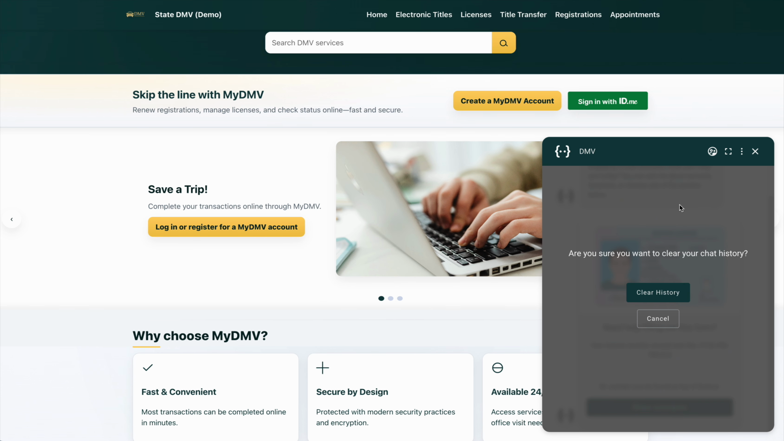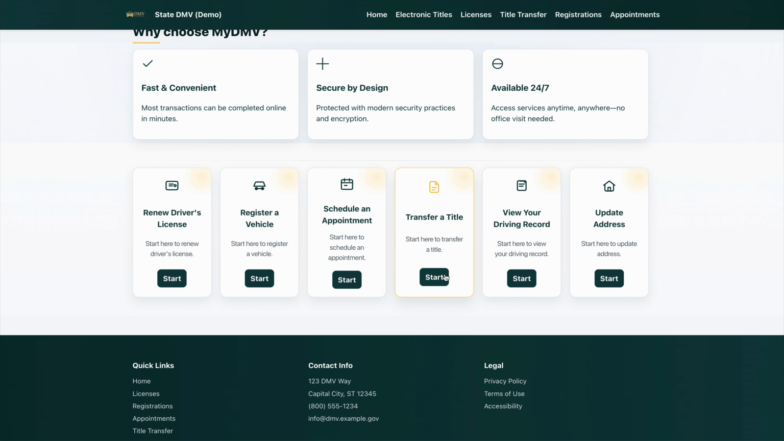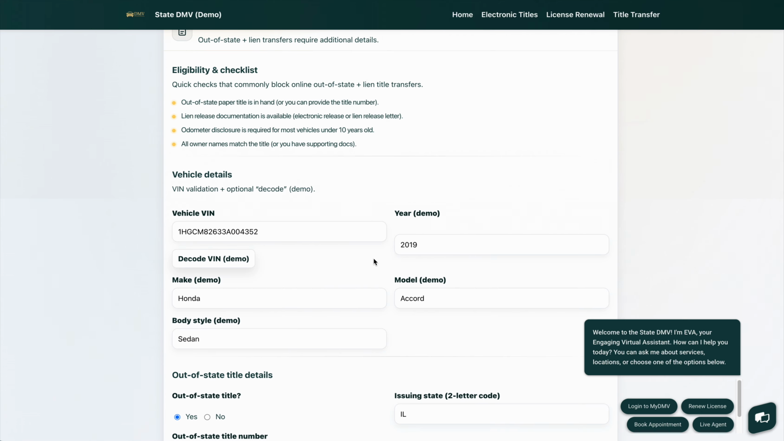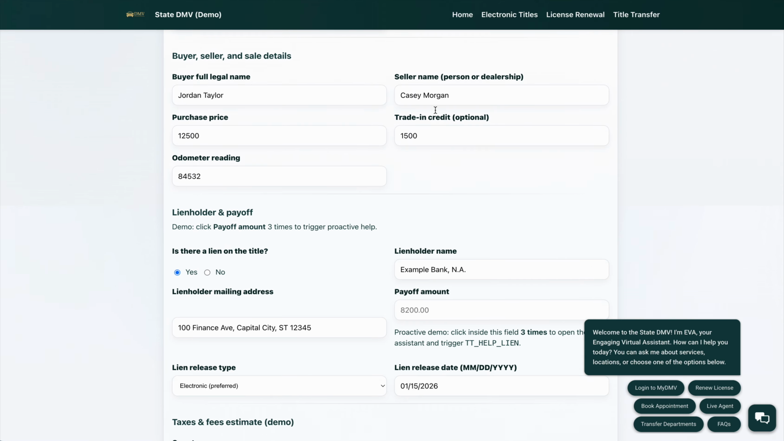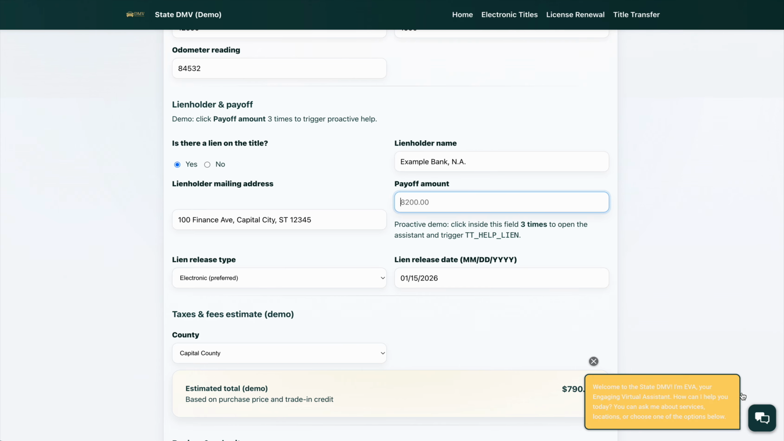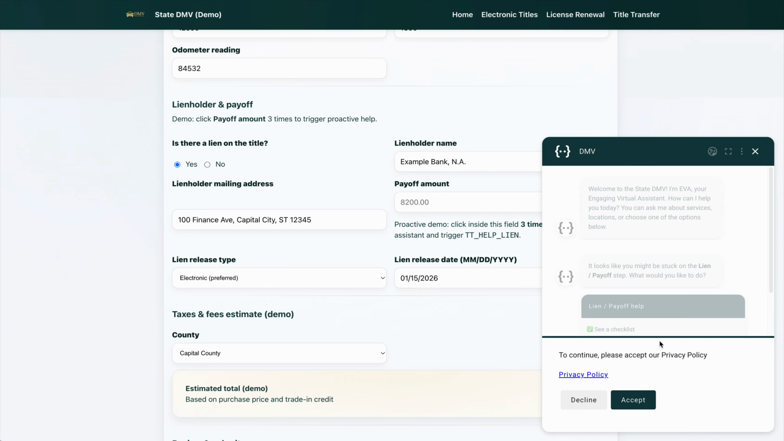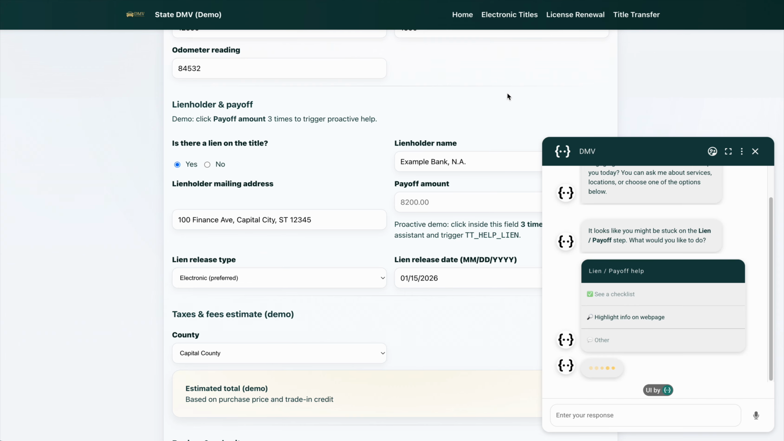Now I'll show you another similar example on this transfer title page. So this is a more confusing use case with a lot of things to fill out. Luckily, I've already pre-filled a lot of it. But let's say the user is stuck on this payoff amount section for a while, or they start clicking into it. Well, then you can see that the prompt here changed to ask if the user needed help with the lien payoff step. And if I click highlight info on web page,